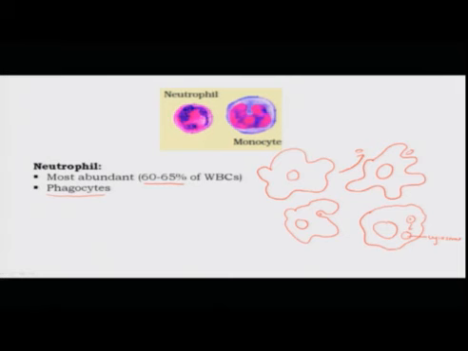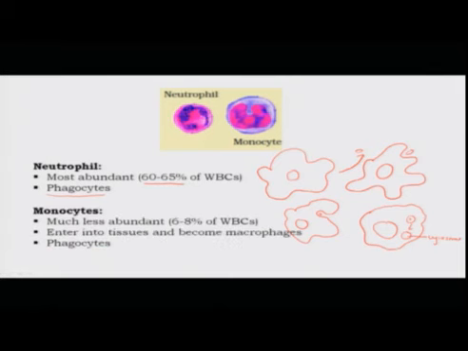What about the next cell type, which is a monocyte? Now, a monocyte is also a kind of phagocyte, and it works in pretty much the same way as I explained to you right now, but it is a much lesser abundant cell. Only 6 to 8% of the WBCs are monocytes, and they spend only a very short time in the blood. So, they spend a few hours in the blood, and what they do is they enter into different tissues, and there they undergo a metamorphosis, or they undergo a change in shape. They become much bigger, and they are known as